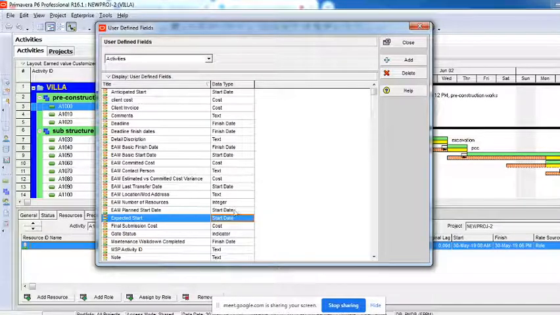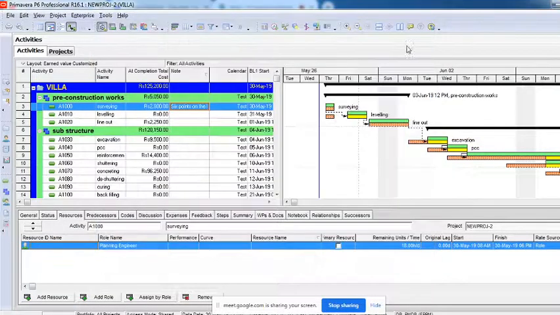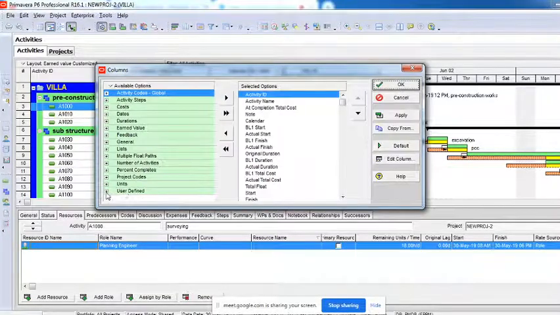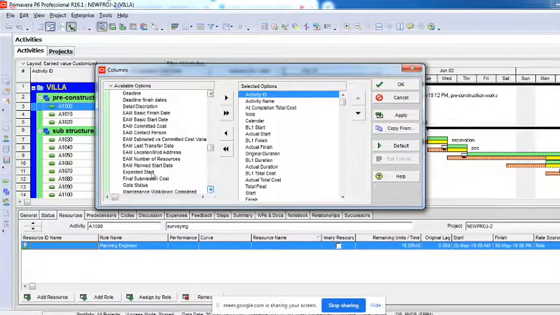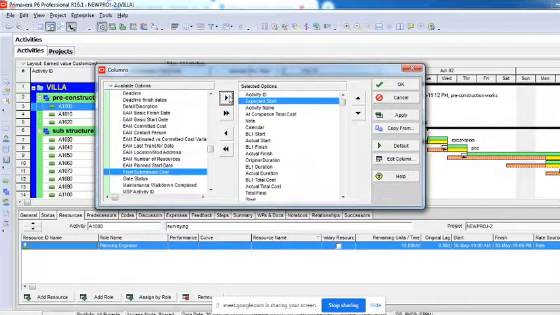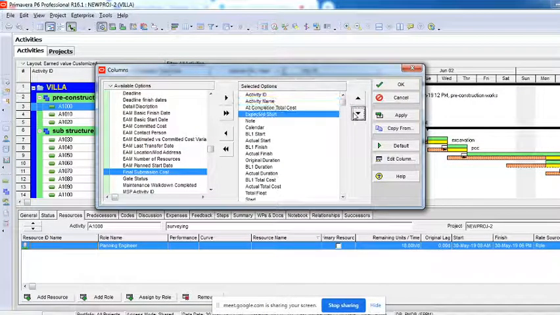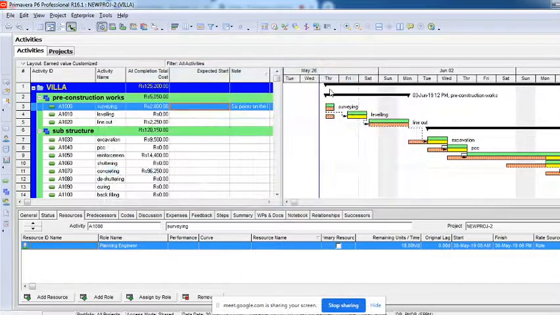I want the input as a date. I need a calendar, so for expected start I'll put date. I'll say close. I'll again go to the columns, go to the user defined field, and search for my expected start. I'll select this, bring it to the other side, and say apply. You can see this expected start date has come in.